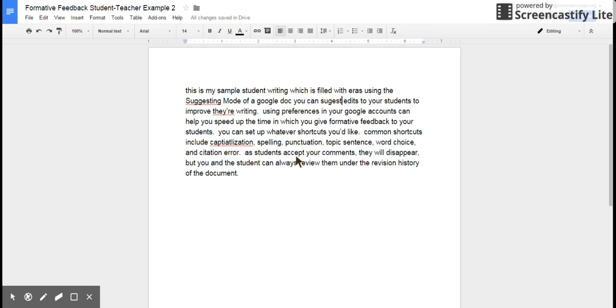To use the suggesting mode, it's a great way to give your students formative feedback without changing the actual writing in the document. So the first thing you need to do to access suggesting mode is to change in the top right-hand corner from editing mode to suggesting. This way, anything that you type in the document will appear in green and you'll have a separate comment on